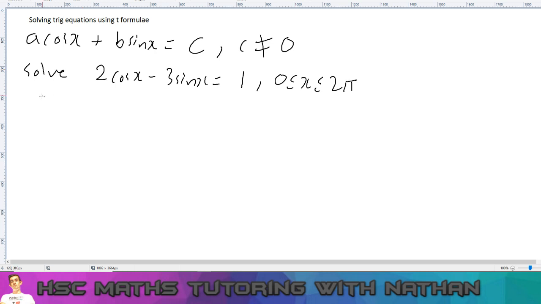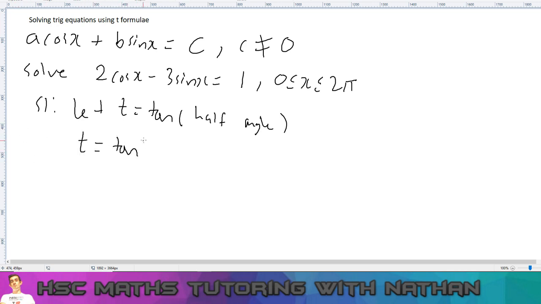So the first thing we do is let t equal tan half the angle, right? Because if you look at my last video, when we're using t formula, we let t equal tan of half the biggest angle in the question, so that means in this case it's t equals tan x on 2. And what we need to do now, before we get to the end, so we don't forget, is adjust domain